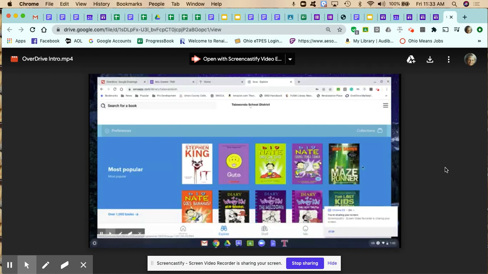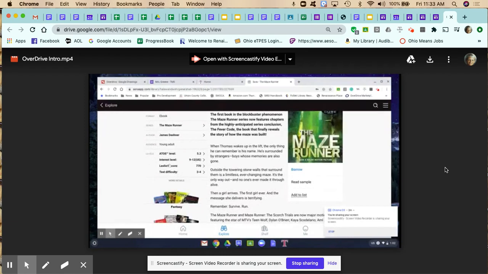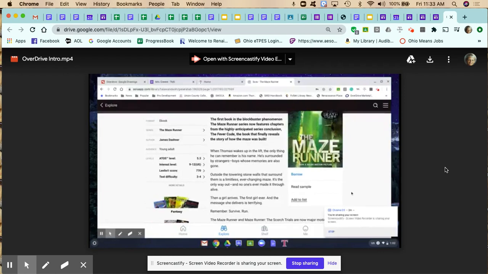If you want to know what a book is about, you just click on it and then it will give you a summary of the book. So this is the first book in the Maze Runner series, and then it tells you what the book is about. It also gives you the AR level, which might be necessary for some of you. The AR level for this book is 5.3. It gives you an interest level, and it even lets you read a sample of the book right here on the right. Now, if I wanted to borrow this book, all I would need to do is click on the borrow button,